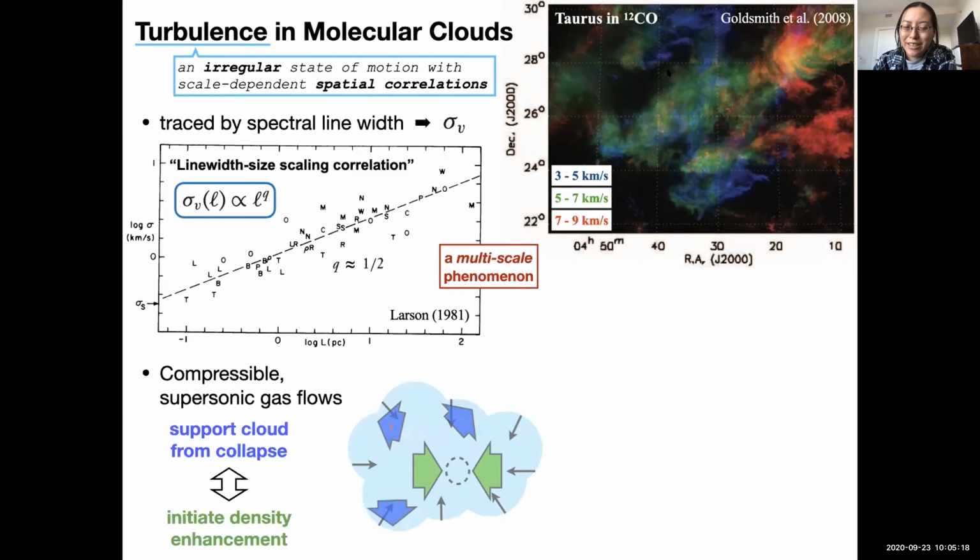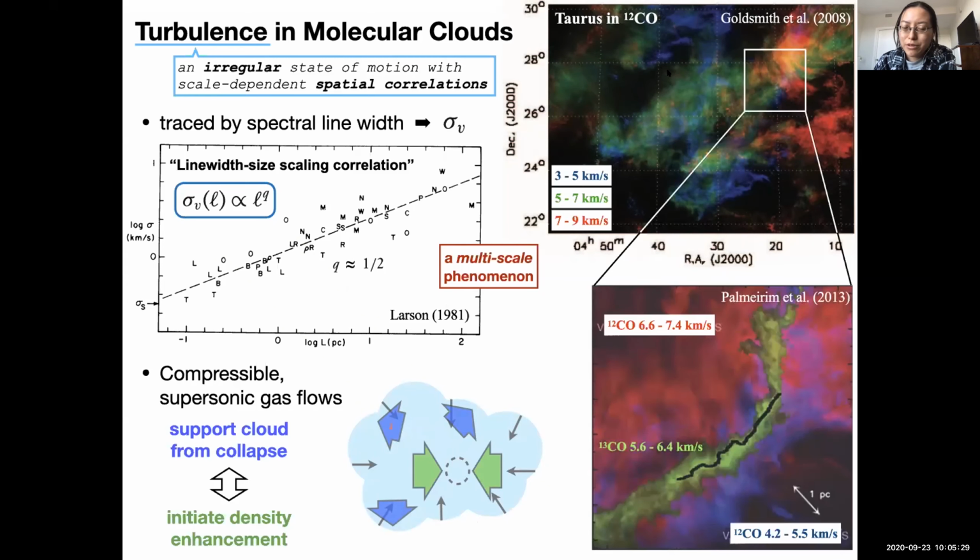On the upper right, I have a beautiful image of Taurus in 12CO. It's just showing that the line-of-sight velocity within a cloud region could vary a lot. However, the other point I want to make is that if we zoom into the filament region where the cores and stars form, we'll see that the line-of-sight velocity changes systematically from one side of the filament to the other side. So this is a hint of filament creation by compression from turbulence. So